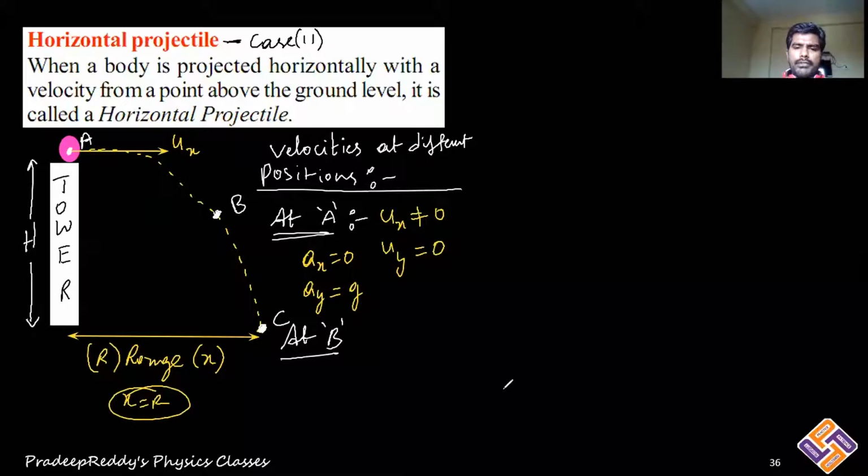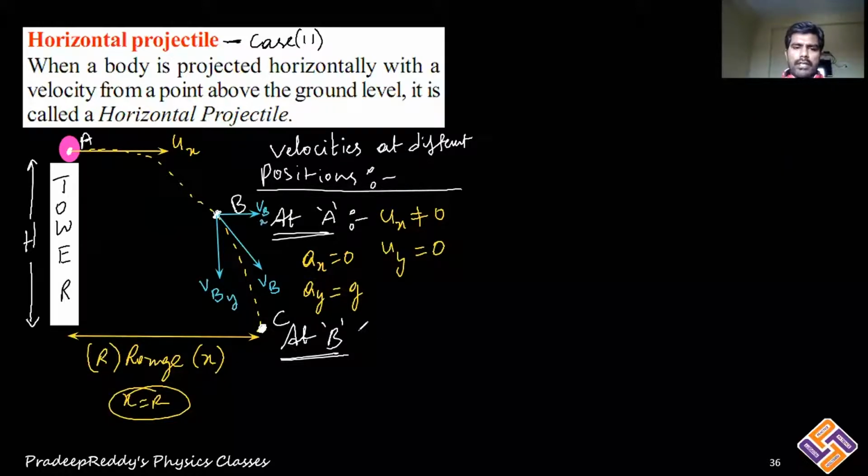What would happen now at position B? Clearly you can see that at position B it is having some velocity which is in the plane. This is velocity at B. VB is neither horizontal nor vertical. Therefore, you can resolve that into components, one component along x-axis, one component along y-axis. These components can be written as VBY and VBX.